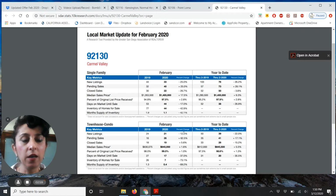I was at a company meeting this morning, and what we were talking about is if Corona has the effect to create a recession for us, how bad will it be, and will it be anything like we saw in 2008? And one thing that we have that is different now than it was in 2008 is that now the market is being driven by the millennials, and millennials are a much larger number than we had in 2008, where the market was being driven by Gen Xers. Gen Xers numbers were much smaller,